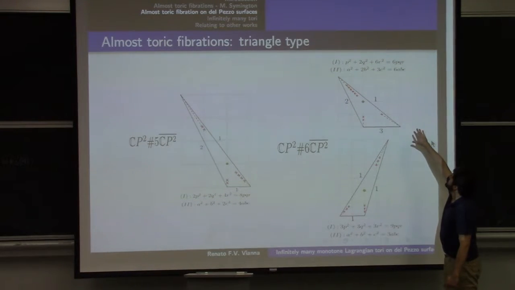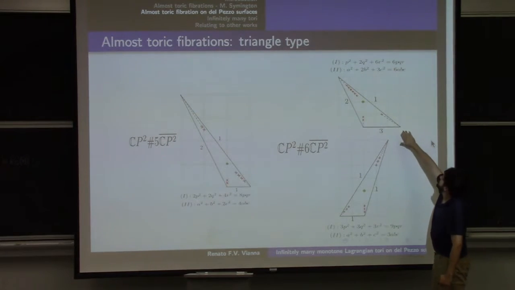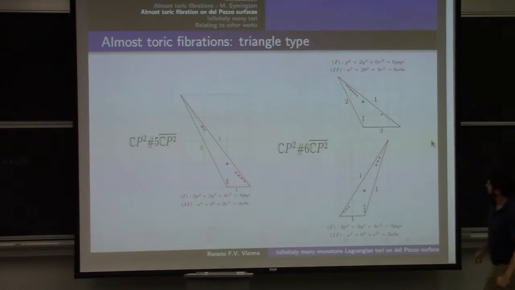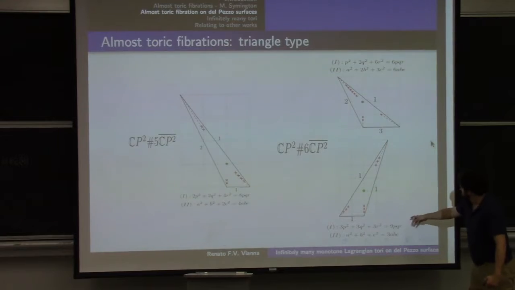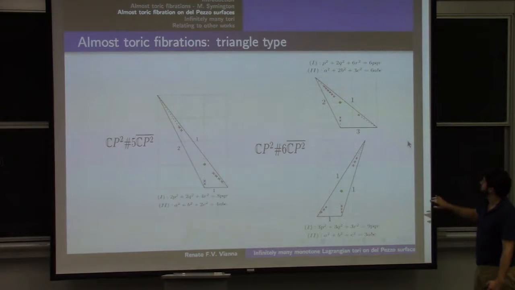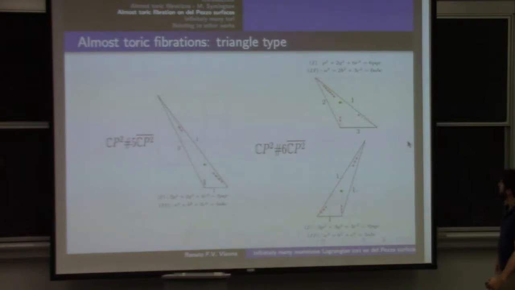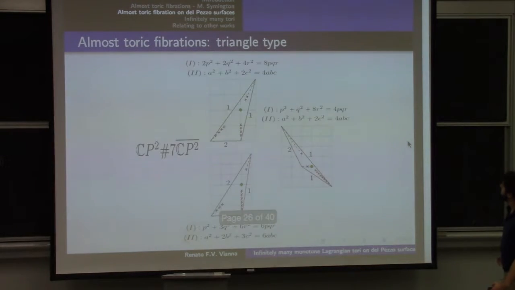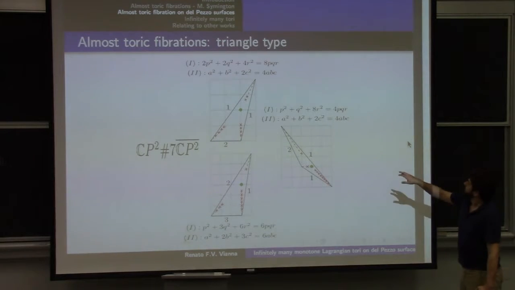So here is a little bit of the zoo of these triangle shaped diagrams, and I just want you to keep in mind that there are these PQR equations that should be the ones used to describe these diagrams. We're going to come back to it because it's also related to the work of Karpov-Nogin on 3-block collections of exceptional collections.